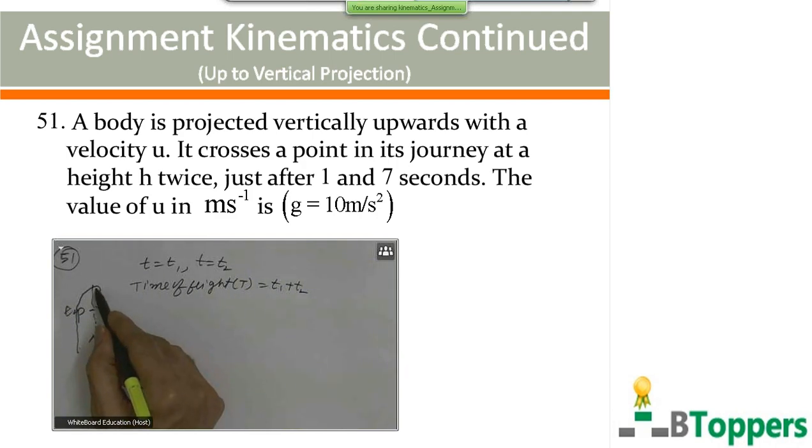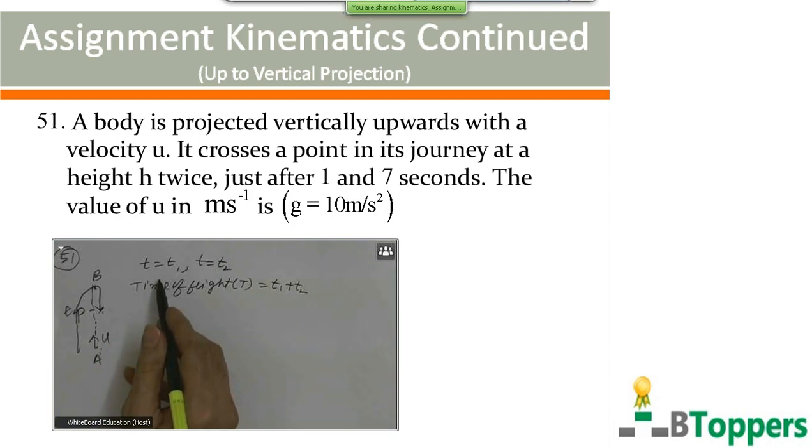So the time taken to move from A to the highest point B, and then from B to fall downwards to P, that is T2. So T2 is the total time after projection at which it passes through point P in the downward direction. So the time taken to move from P to A in the downward direction will be again T1. The time of motion in the downward direction from P to A is the same as the time it took earlier to move from A to P, that is T1.